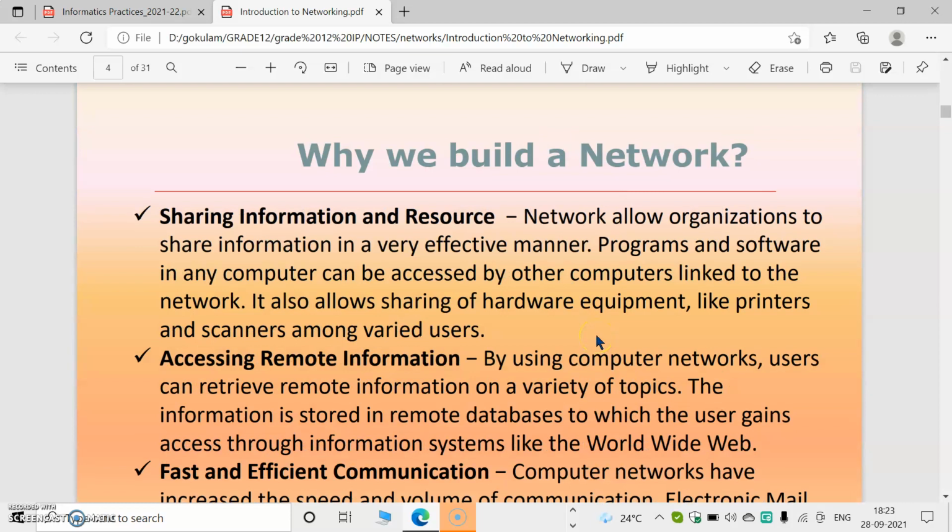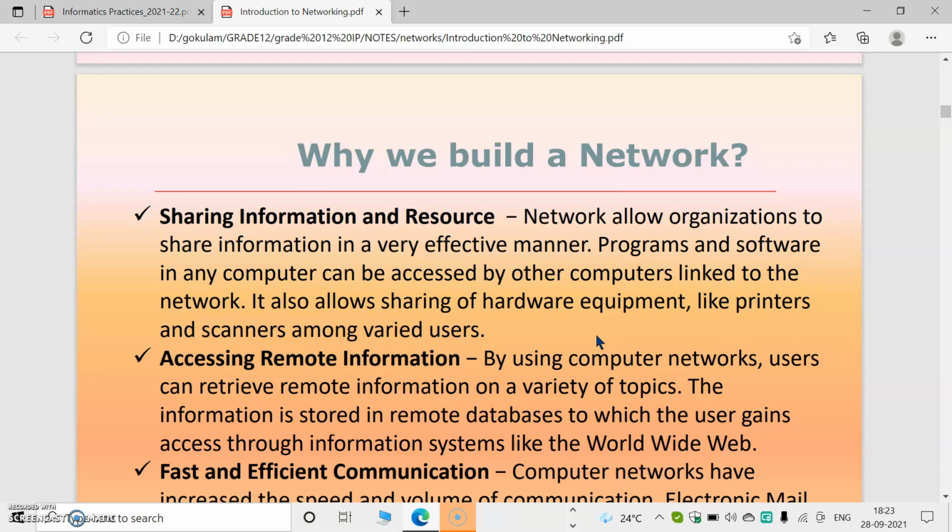So, what is the need of a network? You all know. We can share information and resources. That means from one computer to another, we can transfer data as well as share resources. Resource means either hardware resources or software resources. For example, hardware resource means for 10 computers we can add only a single printer. So from any computer we can take a printout. So only one device is needed to take printouts.